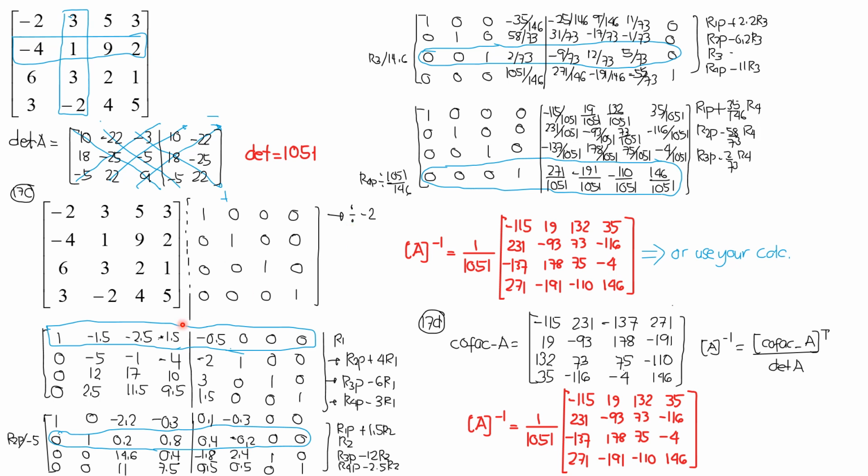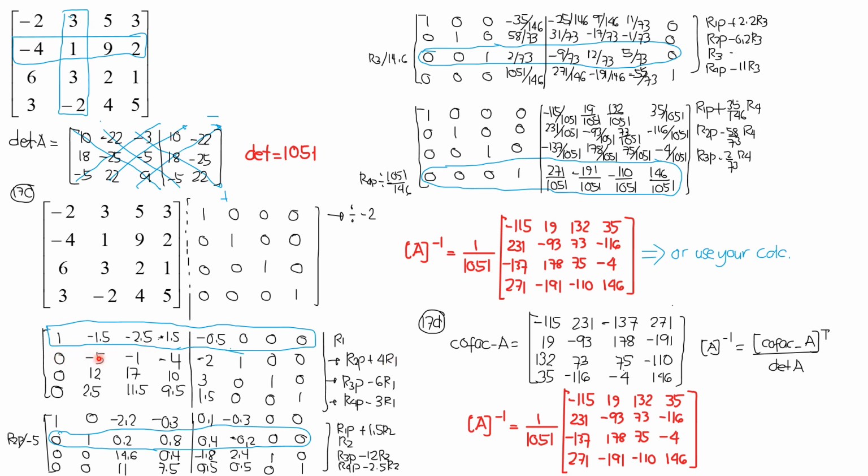So after we divide by 2, this is now the result. Let's enclose this with a blue box as our guide so that we won't be confused. And in order that this will be 0, because this should be 0 here, we have to apply row 2 previous, which is this, then plus 4 times row 1 to obtain these values. So for instance, negative 4 plus 4 times 1 is 0.